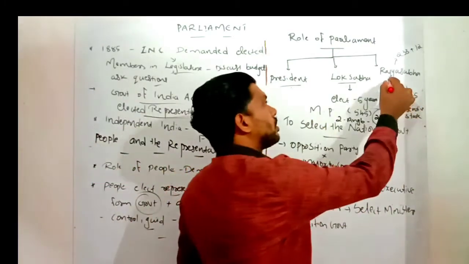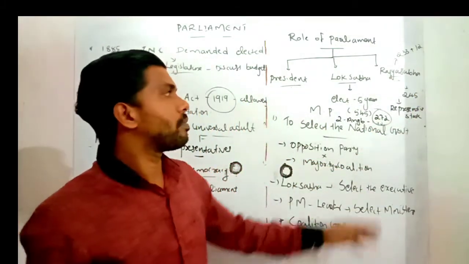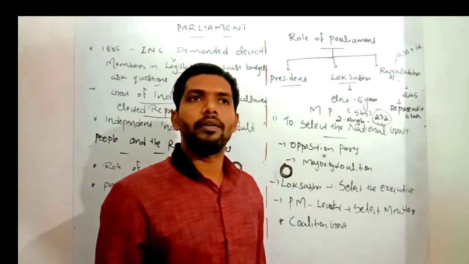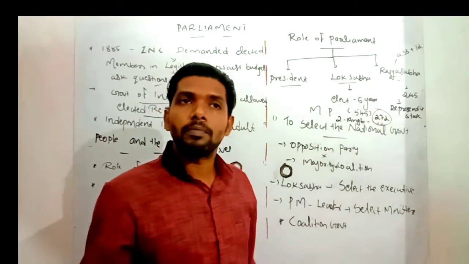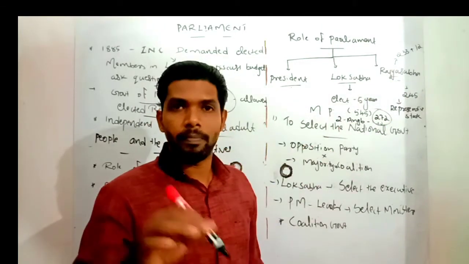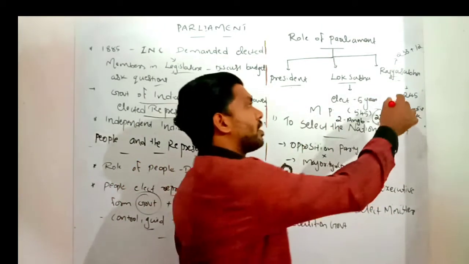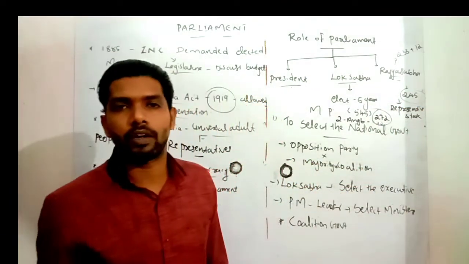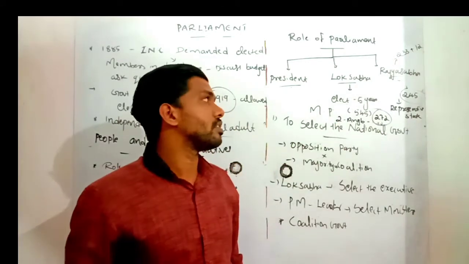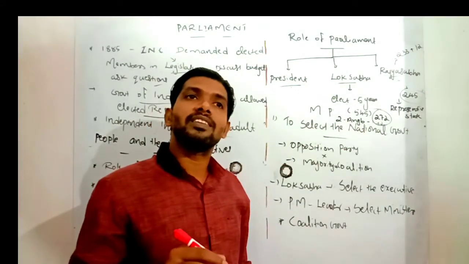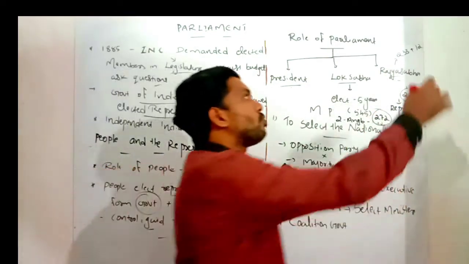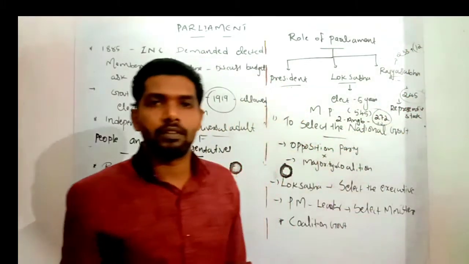And the third organ is called Rajya Sabha. Rajya Sabha is another most important one. Law-making discussions and bills are also passed by Rajya Sabha. After getting the sanction and permission of the Rajya Sabha, a bill becomes a law in India. The total number of Rajya Sabha seats is 245. Out of that, 233 are elected from the different states. Elected representatives of the different states select the 233 MPs in our Rajya Sabha. And the remaining 12 are appointed by the President.